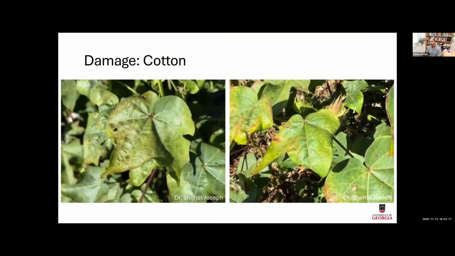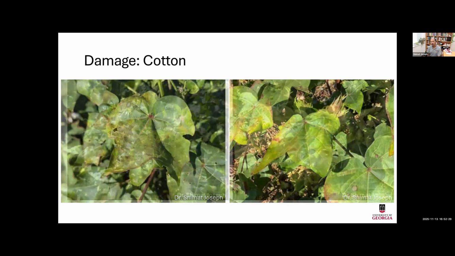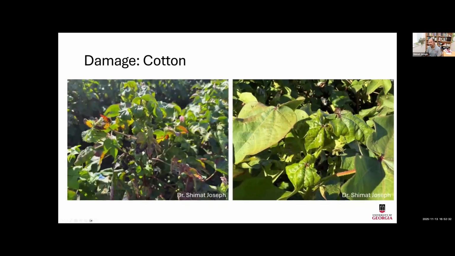So this is on cotton. You can see it starts off with yellowing here, and gradually the necrosis develops. And you will see in this case, the leaf is folding downward for cotton. Another symptom we saw in cotton is that the new shoots coming out are kind of clubbed together. They are not expanding normally. So that is kind of a virus symptom, like a rosetted appearance. But there is no report of any virus, phytoplasma, or bacteria involved. That's what we know to date. More research needs to be done to figure out that detail, because often leafhoppers transmit viruses or bacteria.